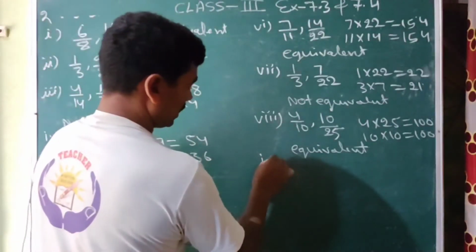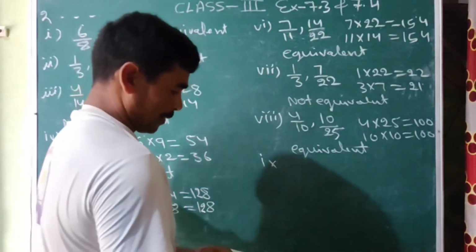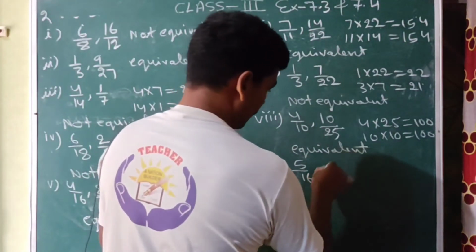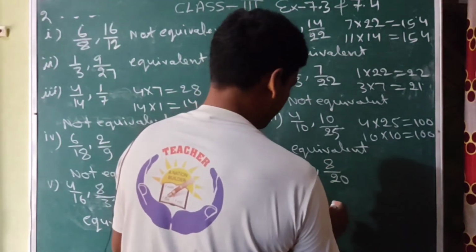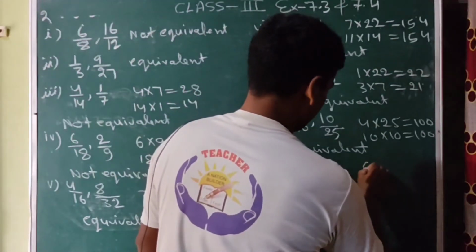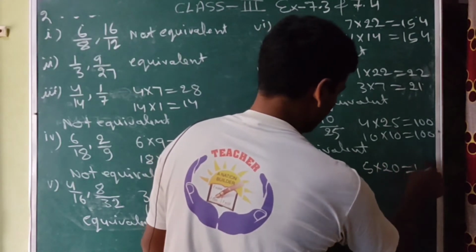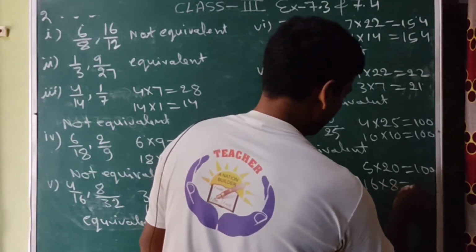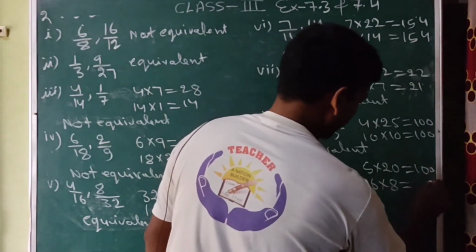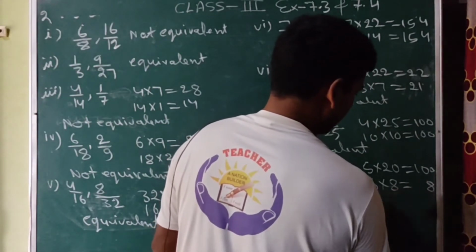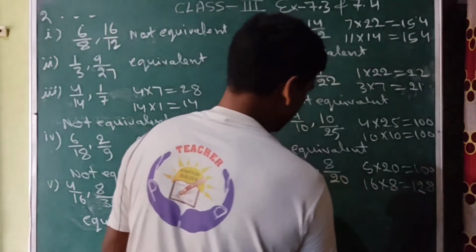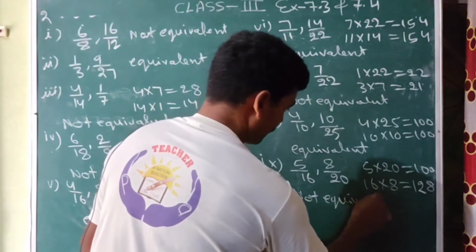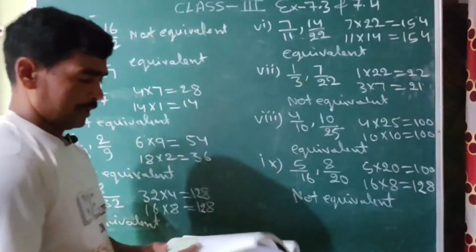And then last part is ninth part, that is 5 upon 16, 8 upon 20. That will be 5 into 20 is equal to 100, and then 16 into 8 is equal to 128. Both are not the same, so not equivalent, right? And then we will see now